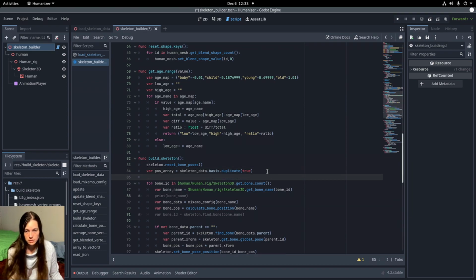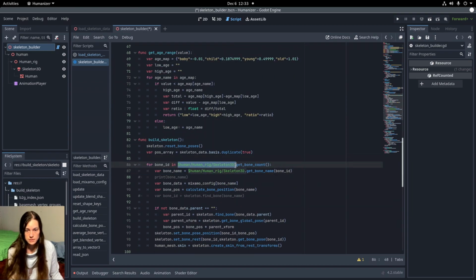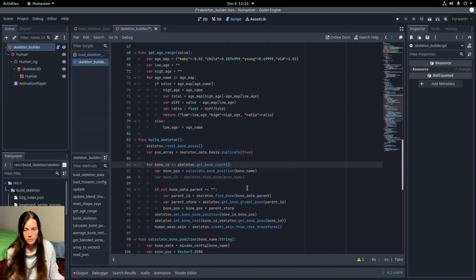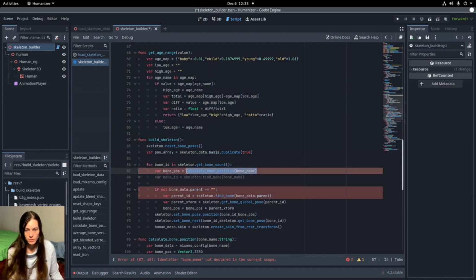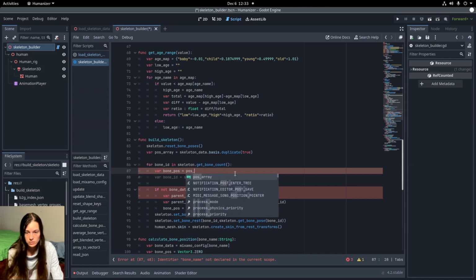And we'll still loop over the bone IDs. You don't need the Mixamo config or the bone name. Set the bone position to the position array at bone ID,